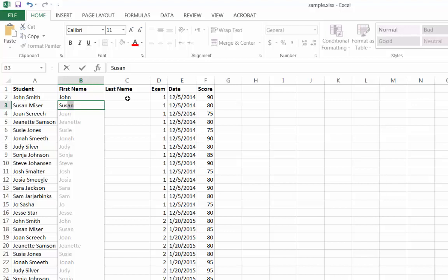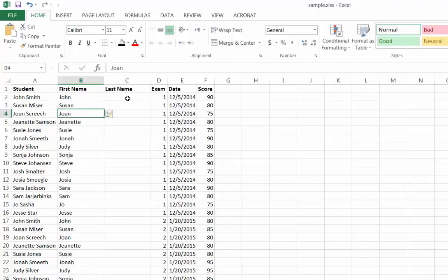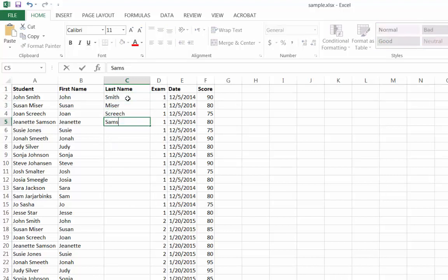When Excel recognizes the pattern, it will present the rest of the data series in gray text. Once you see the gray text, press Enter on the keyboard to accept. Here's a note. If you continue typing when you are presented with the gray flash fill text, the flash fill